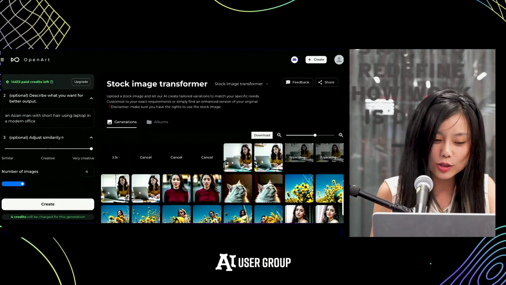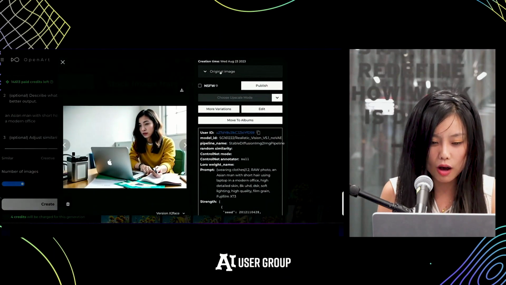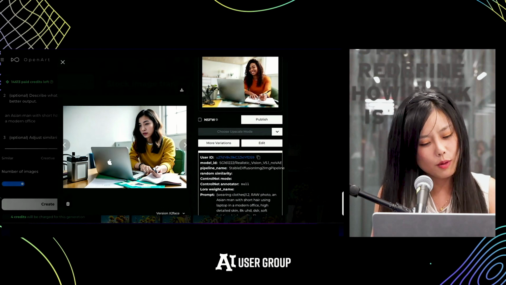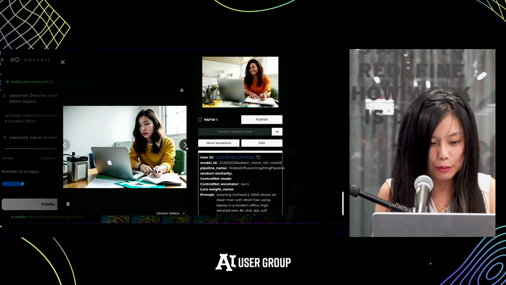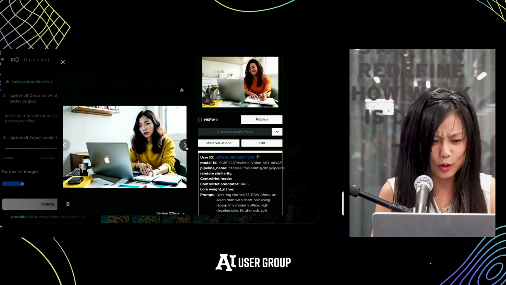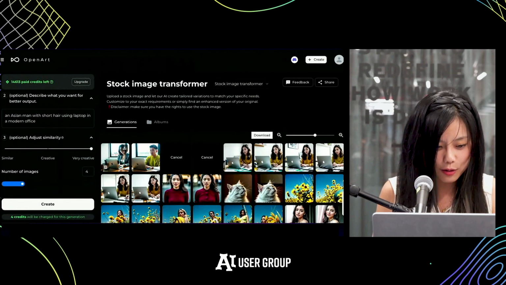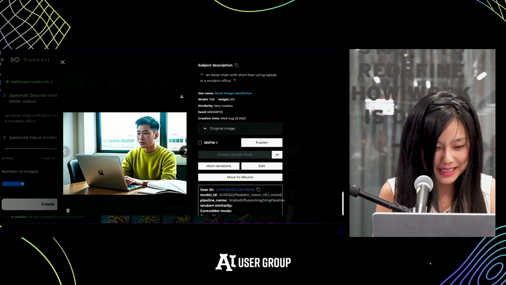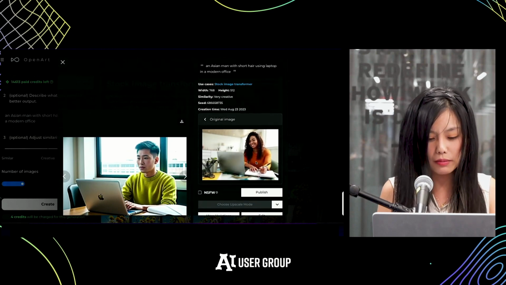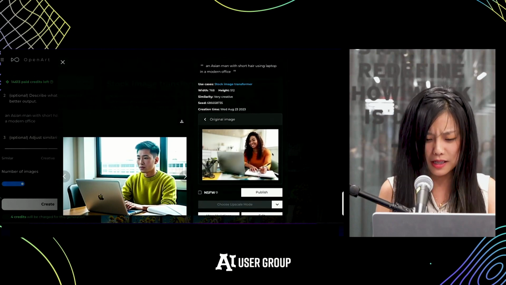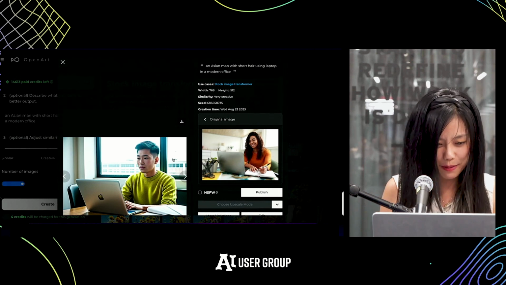So I just adjusted it to be very creative. But as you can see, compared to the original image, well, some people will argue it kind of looks like AI, but I would say if you look at a small image, it actually looks pretty photorealistic. Oh, okay, now we're getting some results we want. Yeah, and compared to the original image, it keeps the structure, the vibe, even though I think the office here is still better.